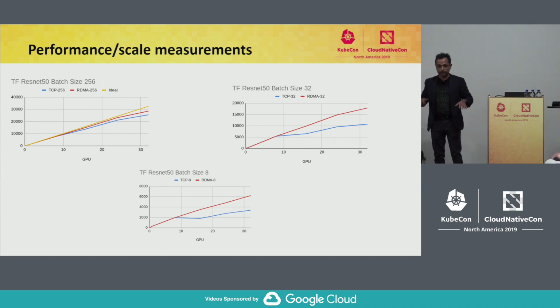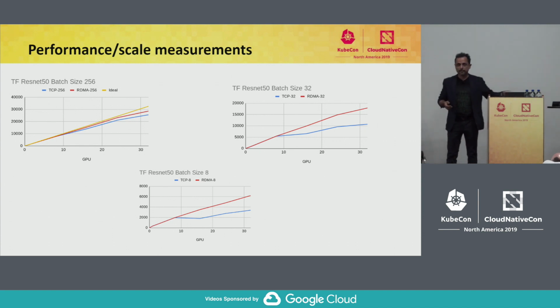But we're the network guys. We want to make sure, what did I do all this for? And you can see in the third graph, just in 5 boxes put together, you can see if you did not put your network right, the red line is the RDMA highly optimized stuff, and the blue line is also 100 gigs. I'm not comparing wrong NICs with stuff. The blue line was also the 100 gig NICs.